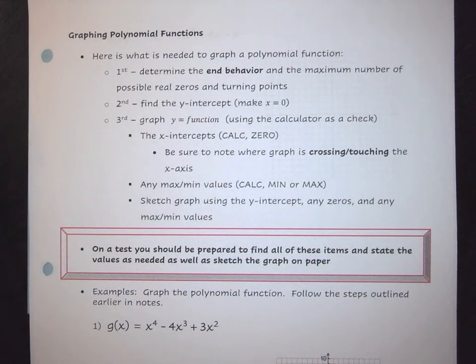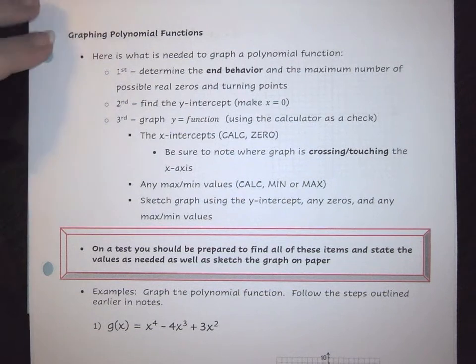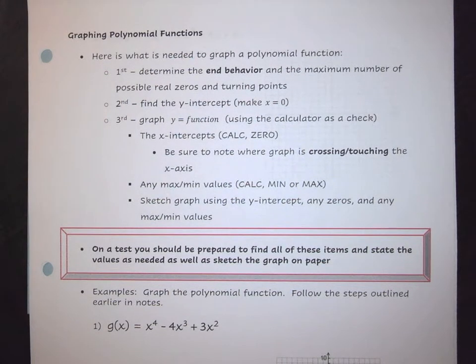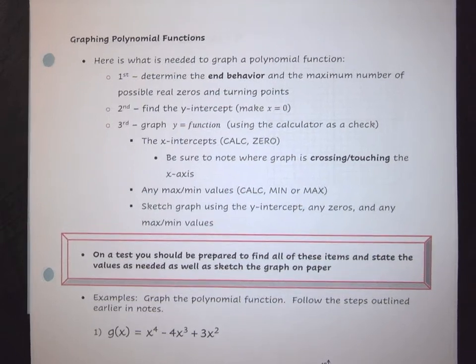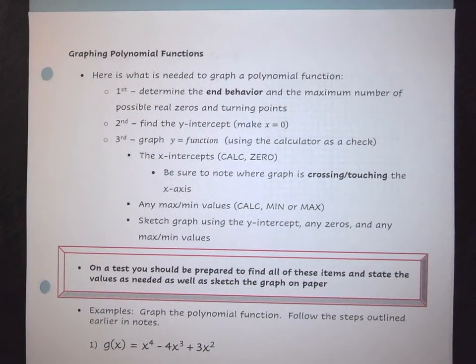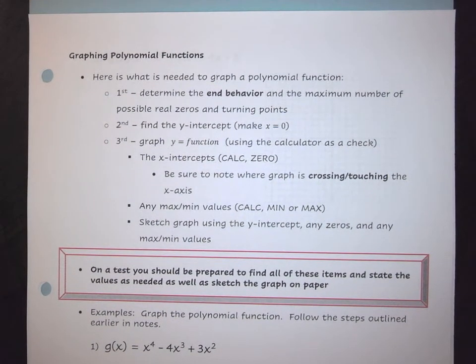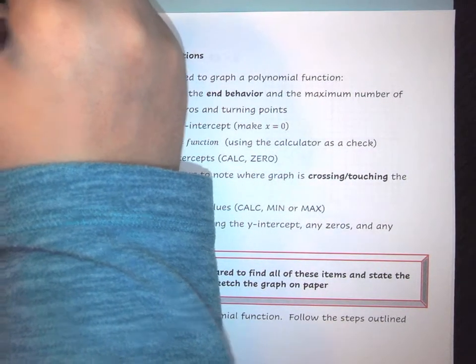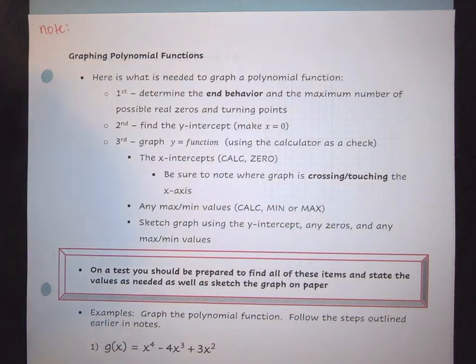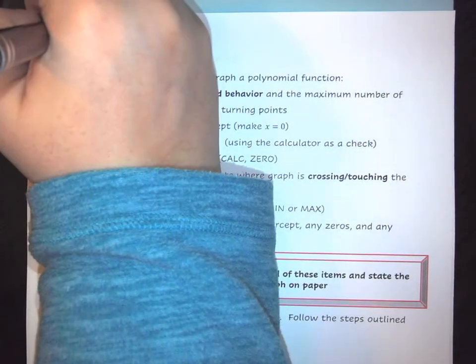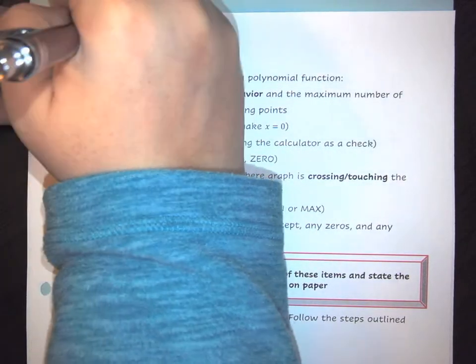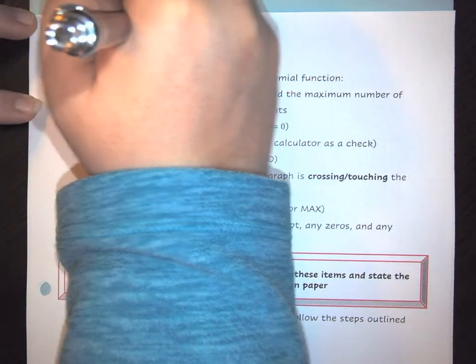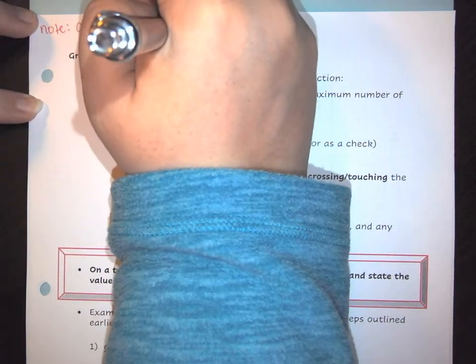Here we're going to look at two examples of being able to graph higher level polynomial functions, and we're going to look at these examples through the use of a graphing calculator. First and foremost, we need to note that when you are graphing there's a couple things that need to be taken into consideration. First, you will have at most n zeros,